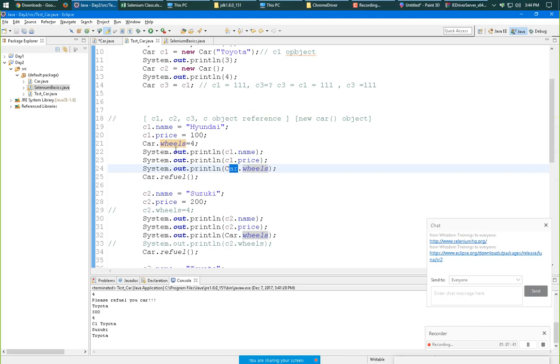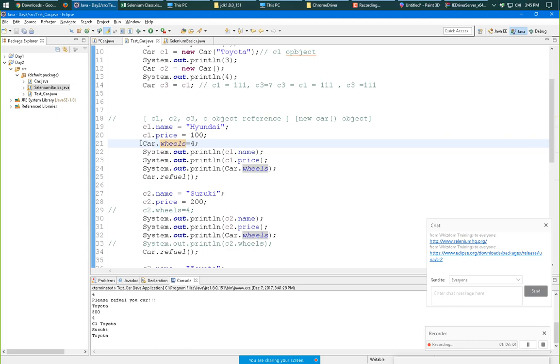Car is a class. We are accessing it directly, without the help of an object. In this place we assigned car dot wheels equal to 4. We did not use the c1 object here. We cannot even access it with the help of c1.